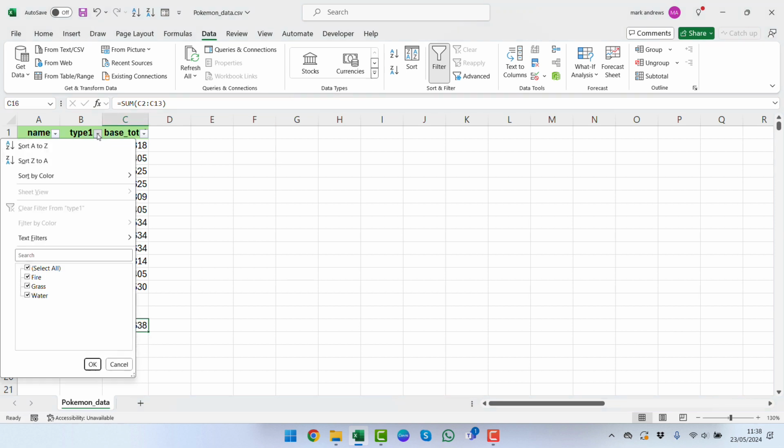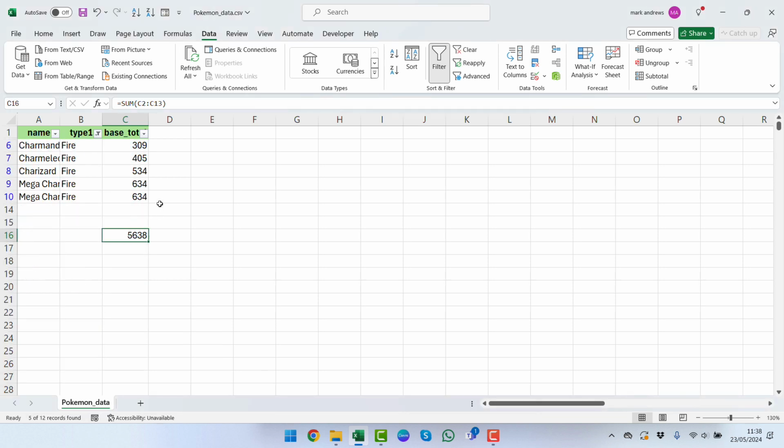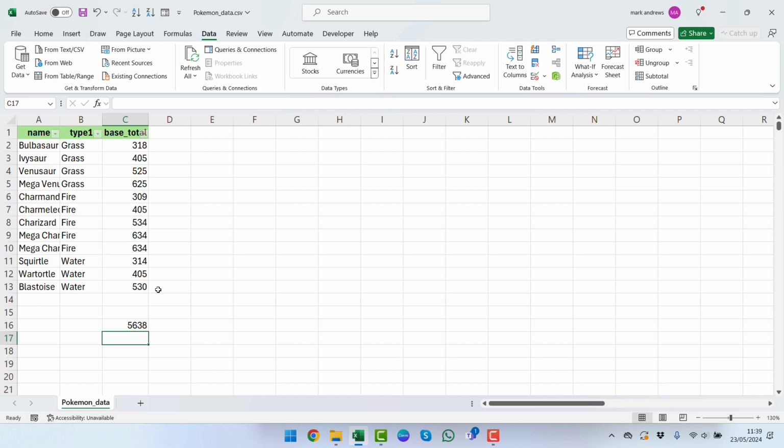But we can see that if we filter this by, say, fire and press OK, this keeps the same amount. We can still see the 5,638, which isn't right, because we know that the total of the fire doesn't equal that. If we just select it, we can see down here in our status bar that the sum actually is 2,516. So to get around this, we can just get rid of the filter